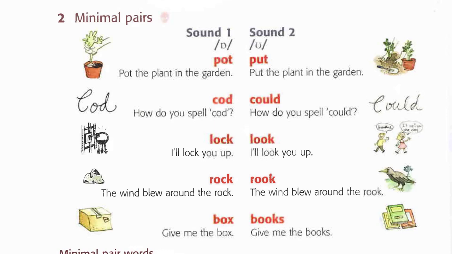cod, could, cod, cod, look lock, rook, rock, rock, rock, box books